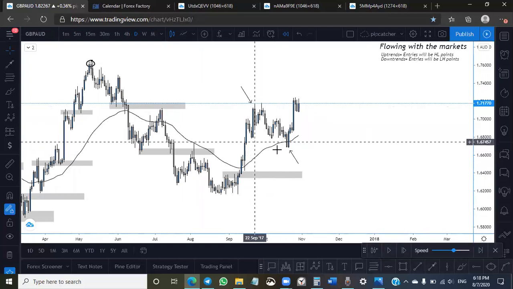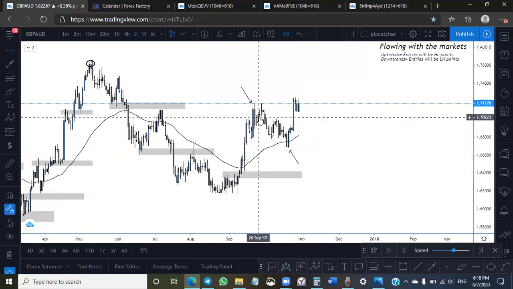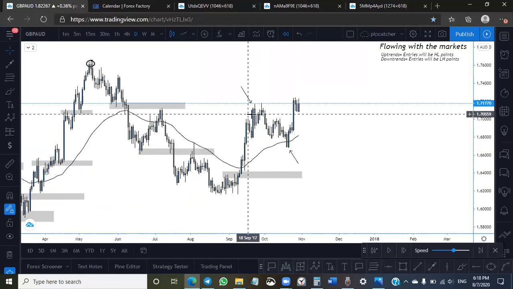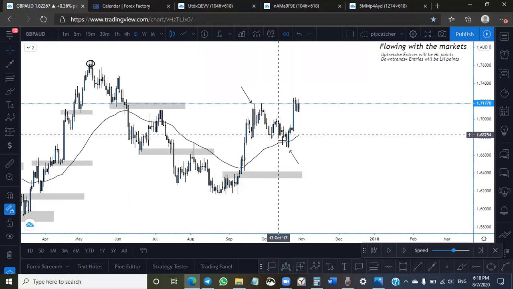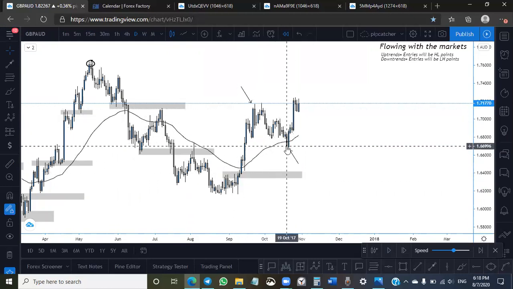And one thing that I like in setups like that is if the market doesn't get back down to an area that was previously broken, and it just makes a higher low or a lower high, depending on if you're in an uptrend or a downtrend,